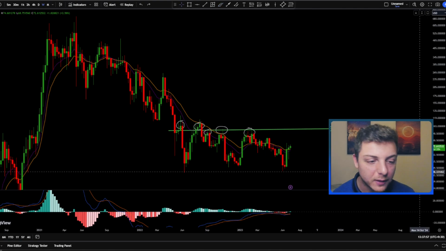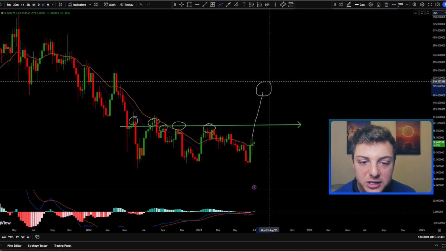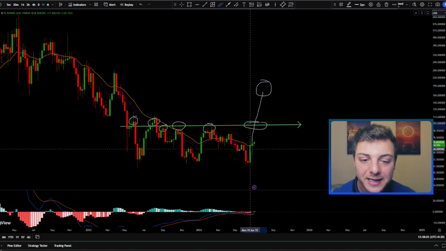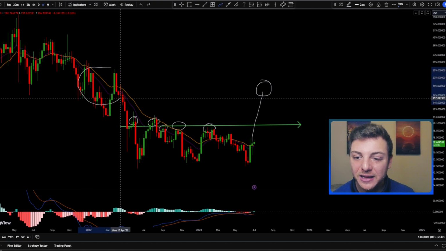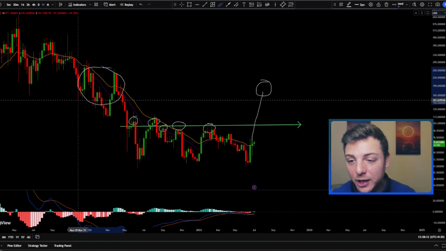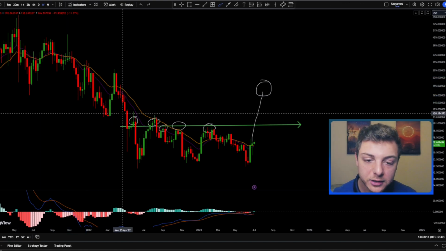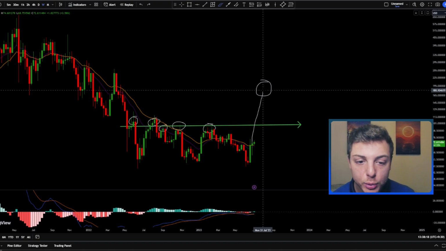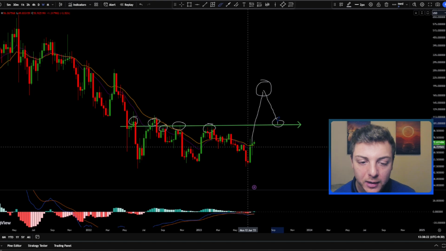So really what I would be looking for in the future is a strong break above this resistance level, this green line acting as that resistance level, potentially coming back into this area here, where we might see a bit of a sell-off because there has been a lot of support, also resistance flips in these areas through here. So what I would expect is a strong push above, then we come back and actually retest this area, giving enough